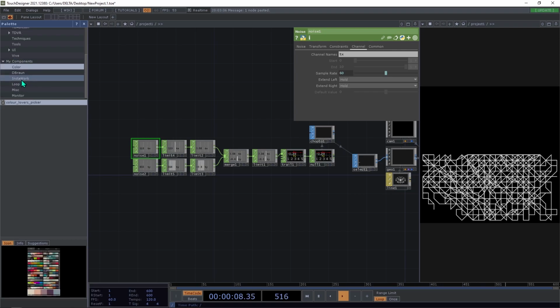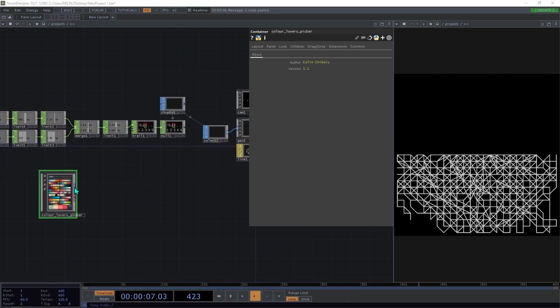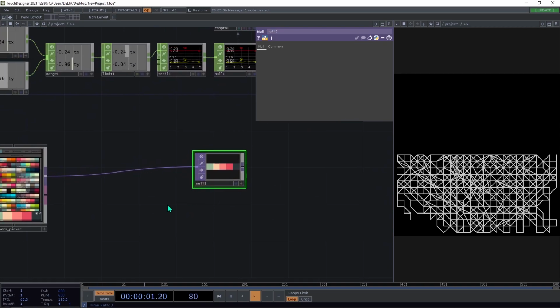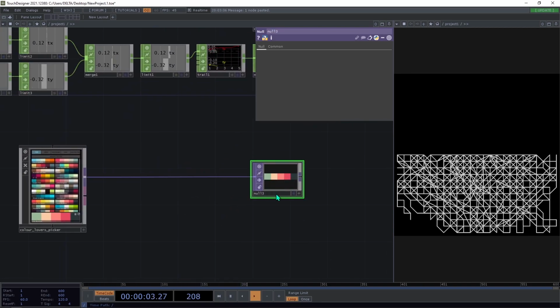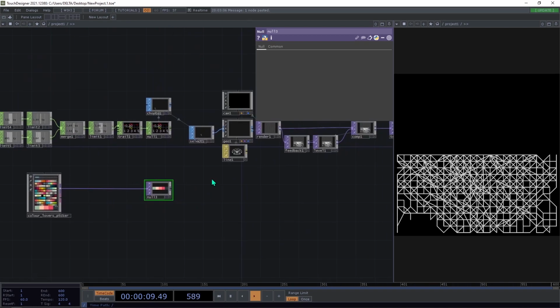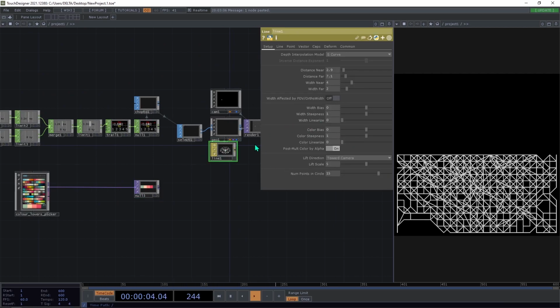Here, if we attach a node, we will see this palette of size 5 pixels by 1. So we can sample these colors from here